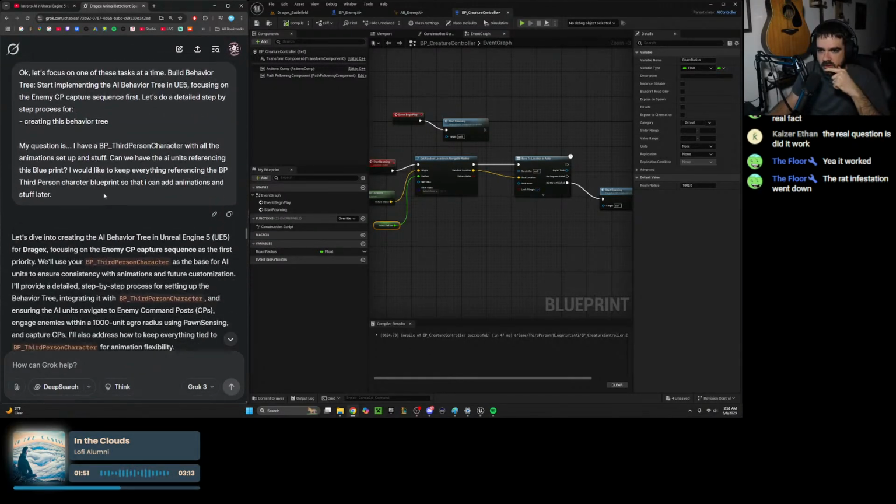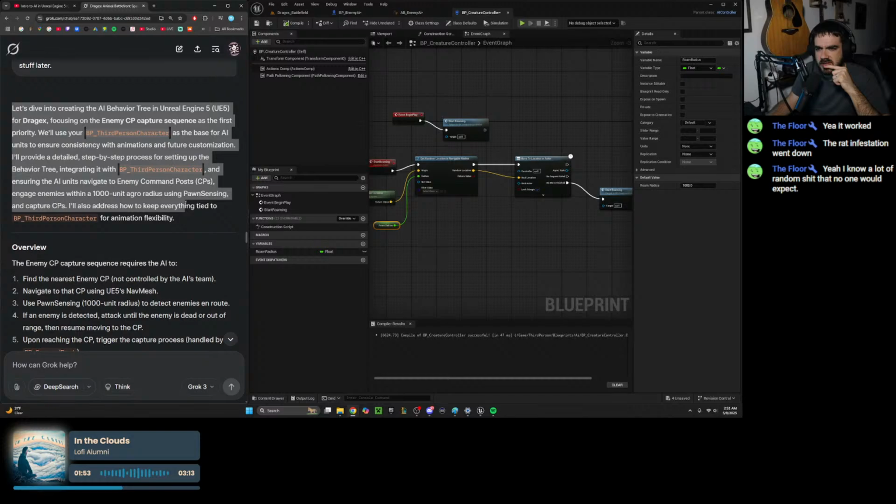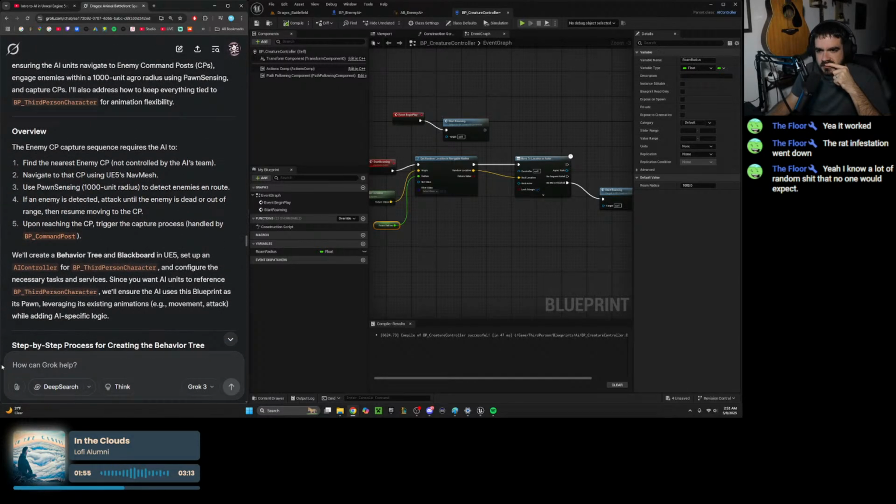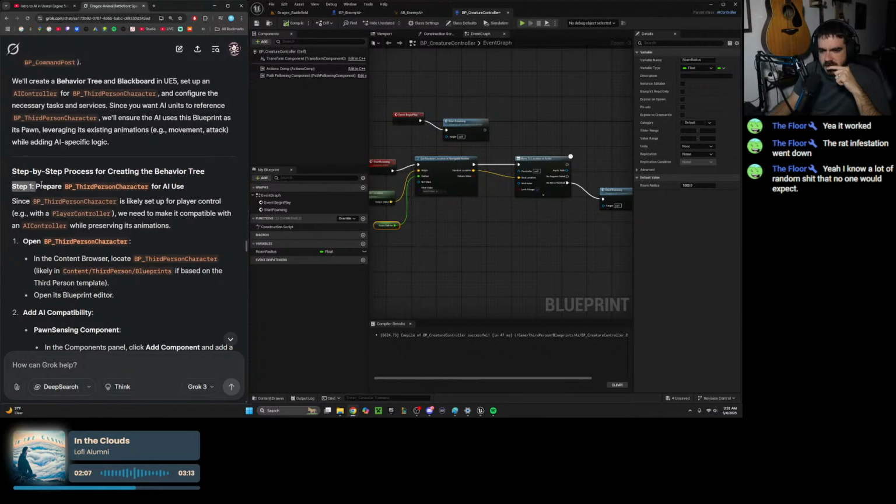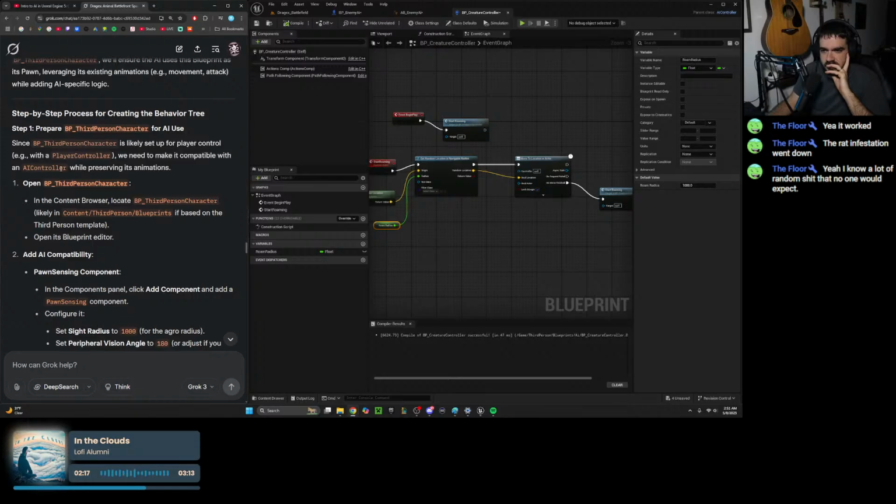Bro, this is a long thing. Okay, let's dive into the behavior tree. The enemy sequence capture to the AI. Okay. So the step-by-step. First, we prepare it for AI use. Since it's likely set up for player control, we need to make it compatible with the AI controller while preserving its animations. So we're gonna go ahead and let's